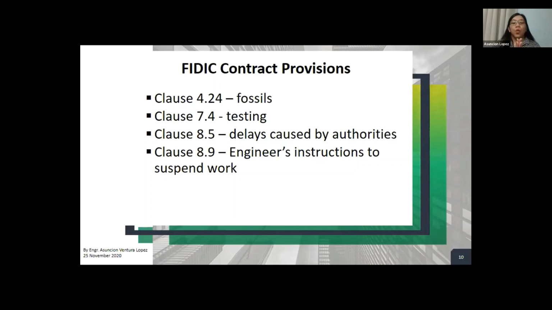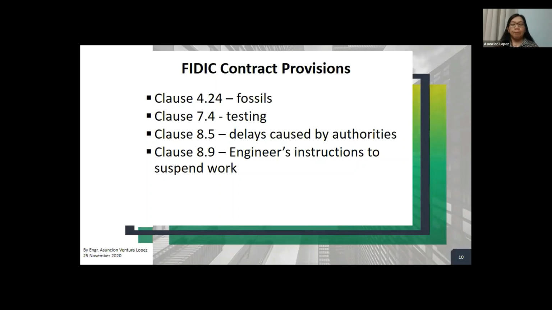Proceeding. So what is an example of delays caused by authorities? I think we experienced this a few years ago when a GCC summit was being held here in Doha, 2015, 2016.